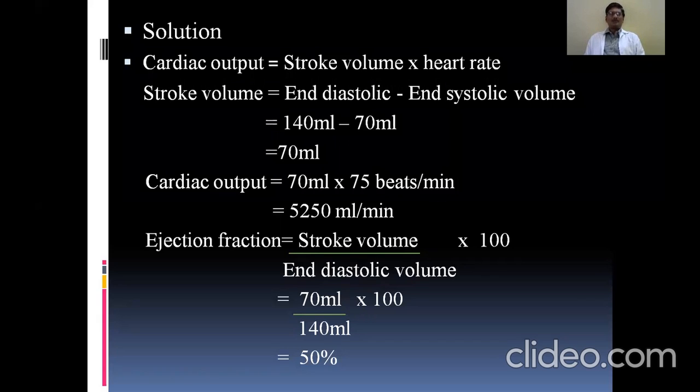So normally, before any surgery or any cardiac evaluation, echocardiography is done, where one of the main parameters studied is the ejection fraction. It's one of the parameters to decide about the cardiac efficiency: how much of the total end-diastolic volume is being ejected. So that tells you about the functional nature of the heart, or you can say it's one of the parameters by which we can assess the cardiac function before any major surgery or any procedure. So normally it is done as a precaution. So now we know how to calculate cardiac output as well as ejection fraction.